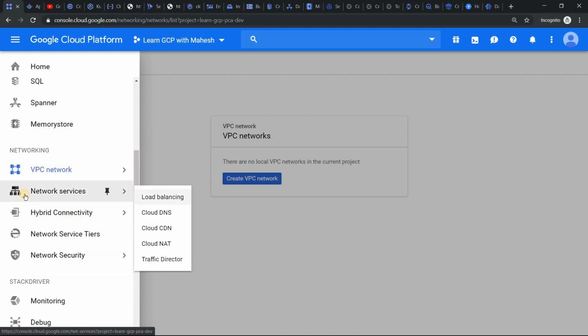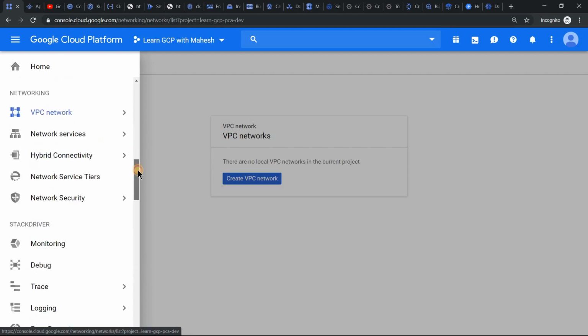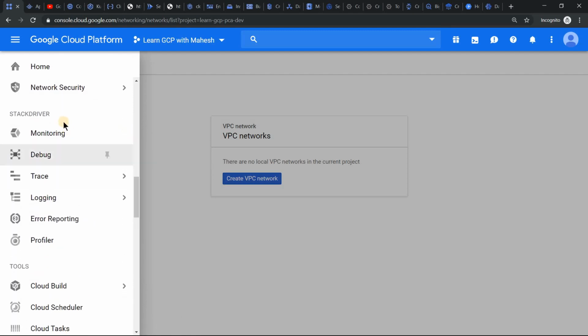Let's move on to the next category, networking. In this entire category, we should not do anything because they don't have that skill set. So the next component is Stackdriver. Stackdriver is an acquisition which Google did in 2014, and it is completely a software as a service option. Since it's a SaaS offering, you don't need to worry about whether it is connected to a VPC, all those things. It's totally isolated there. So the entire suite of Stackdriver products can be used by the startup organization. We can propose all of those.